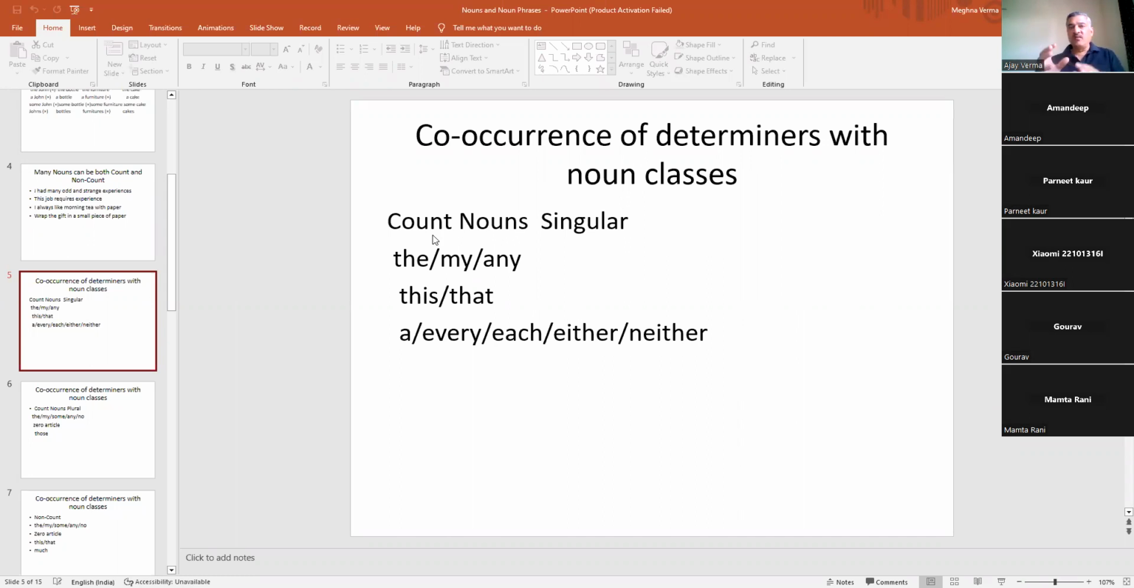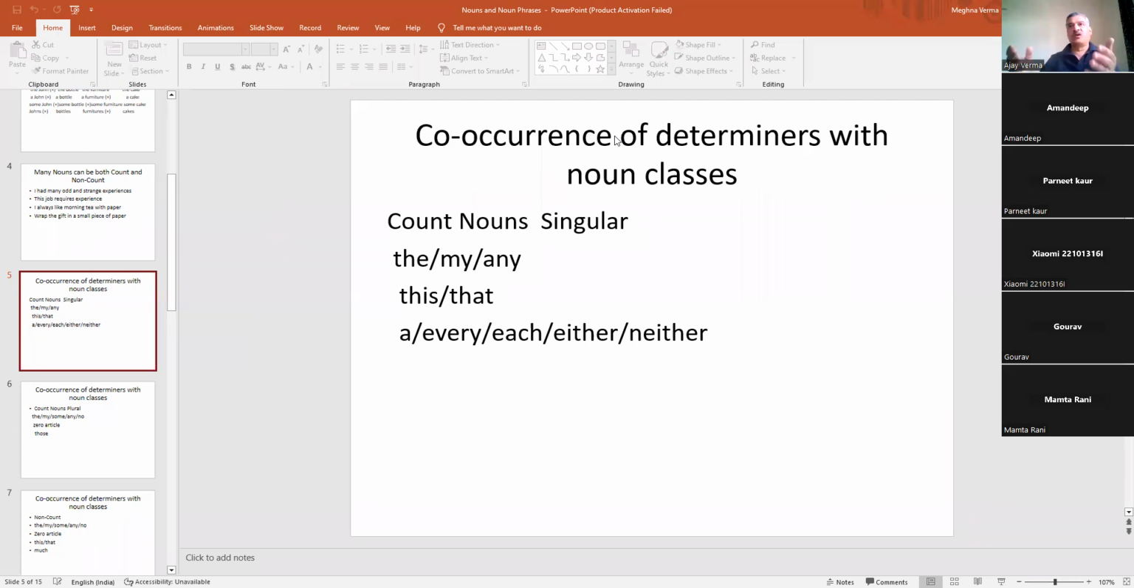So, which determiners can be used with which countable noun? In the first slide, co-occurrence, we have co-occurrence of determiners with noun classes. Here we are looking at count noun singular. We have just been referring to